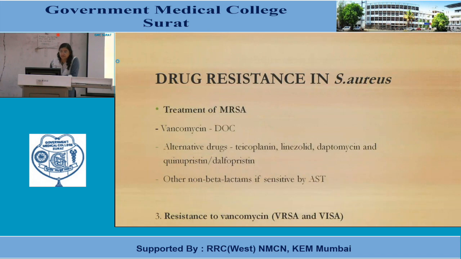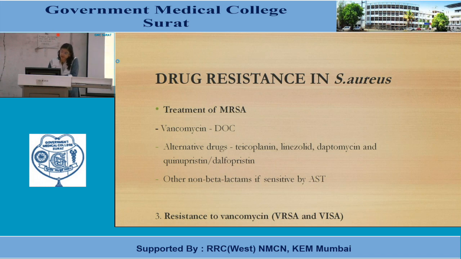Now, if methicillin resistant Staph aureus is present, then it is a notifiable condition where you have to report to the clinicians, and drug resistance is seen nowadays very commonly. MRSA also is found to be increasingly common. Because the beta-lactam drugs are no more effective in MRSA, we give other drugs like vancomycin, which is the drug of choice